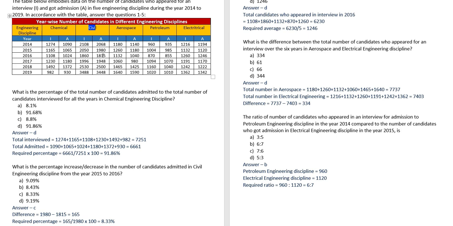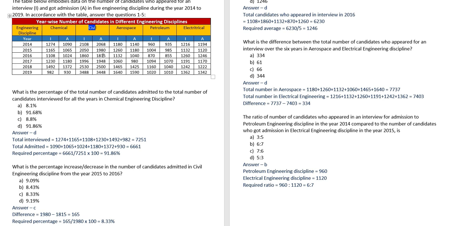What they are asking is the difference. First we have to calculate the difference: 1980 minus 1815, we get 165 as the difference. First find out the difference, that is your first job. After that you have to calculate the percentage. How to calculate the percentage? 165 divided by